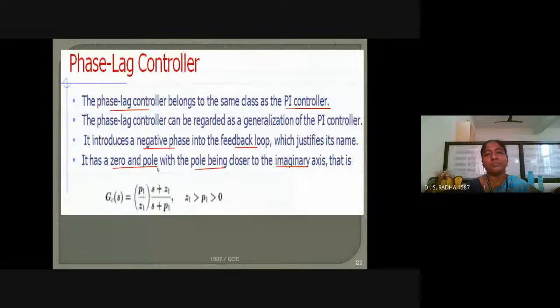If we see what we have seen in the lag compensator, the pole-zero diagram has a pole followed by a zero, at minus 1 by beta tau and minus 1 by tau. This is the pole-zero diagram in a lag compensator. So beta is nothing but zero by pole, and it is R1 plus R2 divided by R2. It is a value greater than 1.